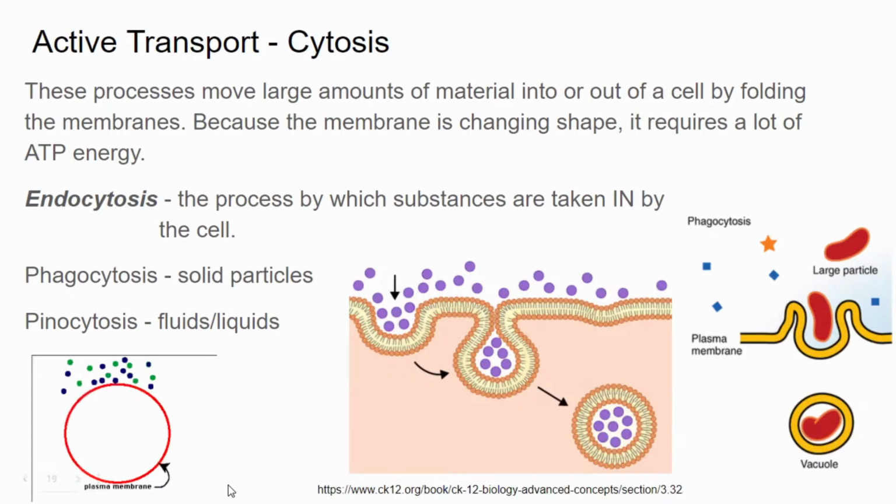And we have a little animation on the left-hand side here. We can see it happening in real time. The way this happens is that the cell membrane folds in on itself. We say that it invaginates, so it creates a bit of a dip. Our molecules or material moves into that dip, that invagination, and then the two sides of our plasma membrane then